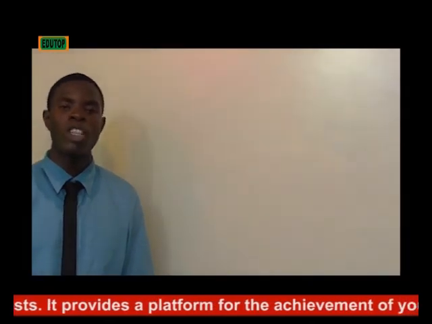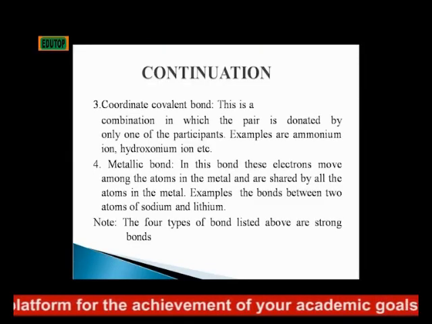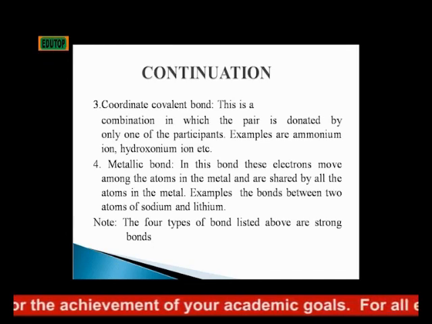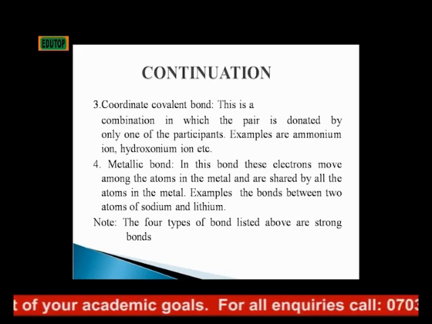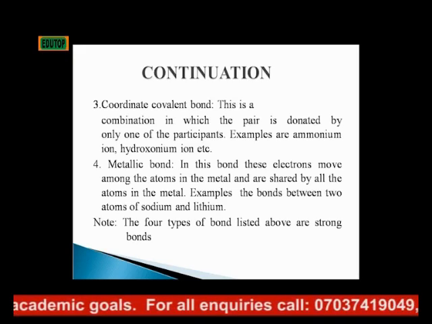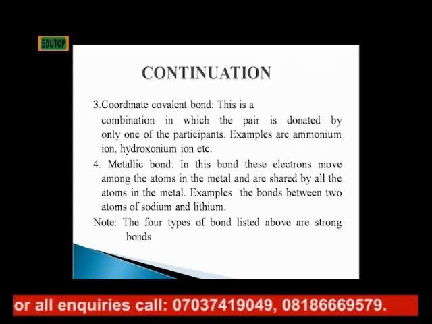Number 3, coordinate covalent bond. This is a combination in which the pair is donated by only one of the participants. What do you understand by this? A typical example is